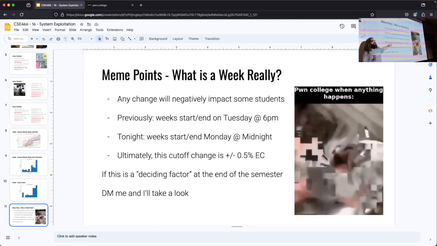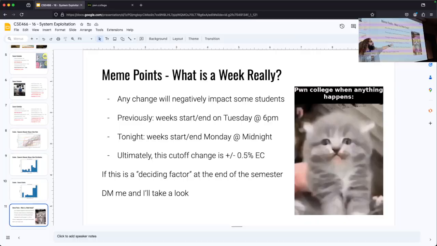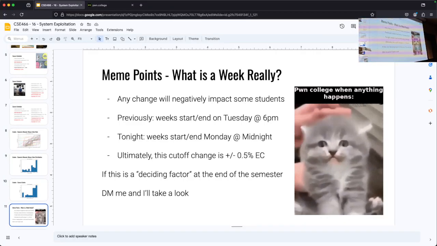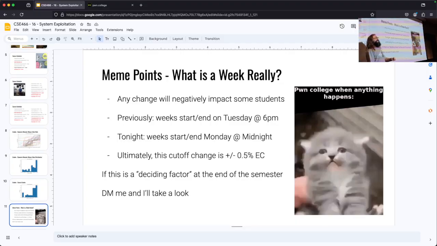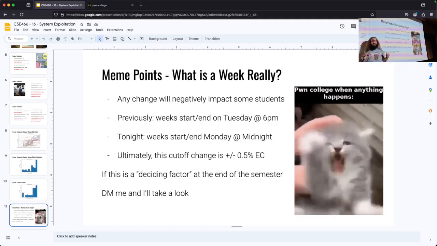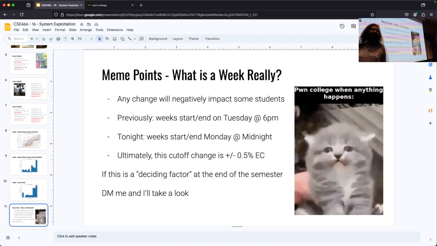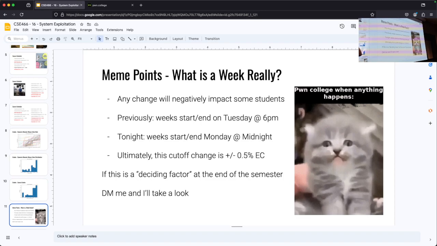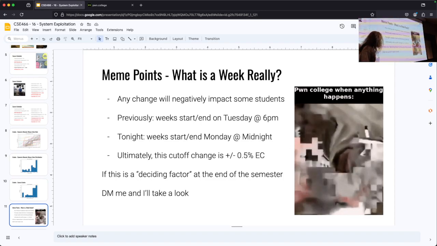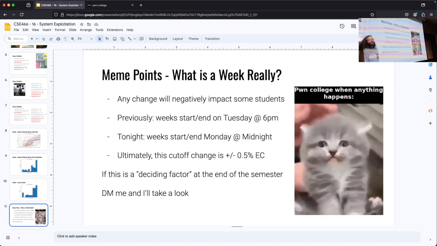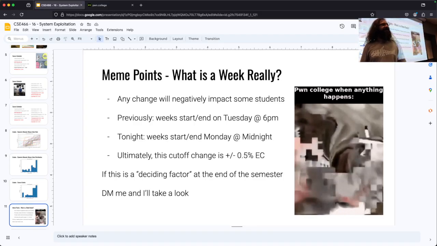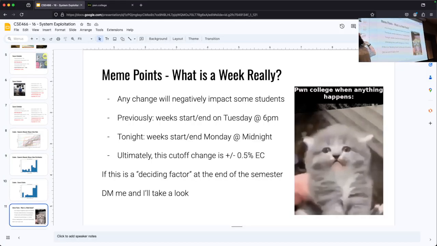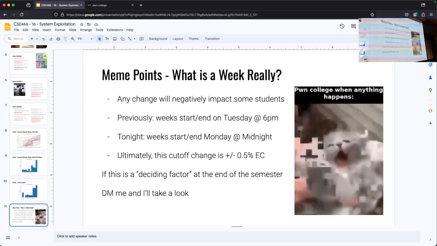Now, like I said, there are still some people who hypothetically lost 0.5% extra credit by me making this ruling. I don't think this is going to be a big deal. If, at the end of the semester, you're 0.5% away from a grade cutoff, and it's going to be the difference between a B plus and an A minus, and my gosh, you need that A minus, you can send me a DM at the end of class, saying, hey, I'm done working on stuff.